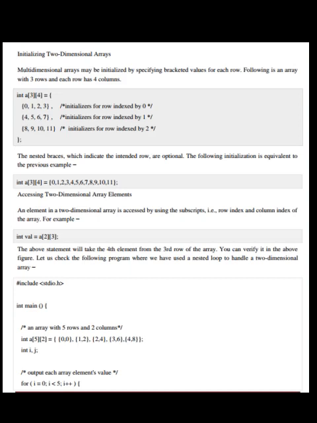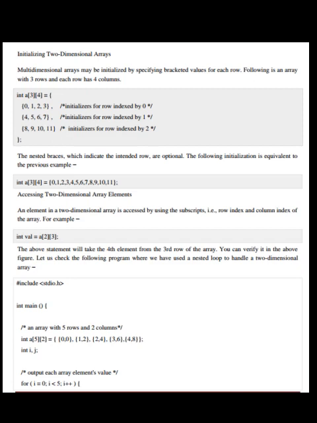Multidimensional arrays may be initialized by specifying bracketed values for each row. Following is an array with 3 rows and each row has 4 columns. See the figure. The nested braces which indicate the intended row are optional. The following initialization is equivalent to the previous example.